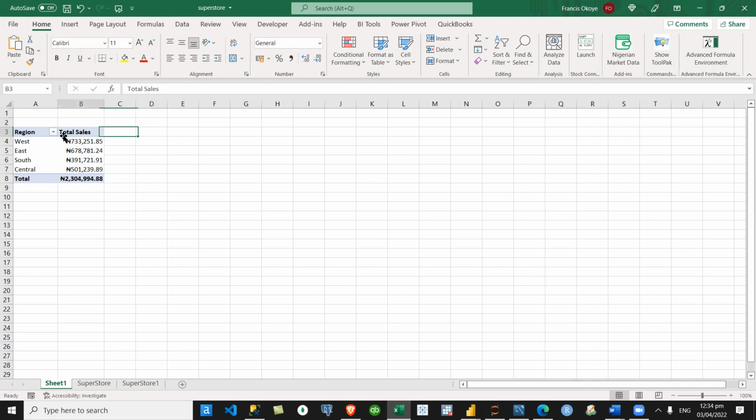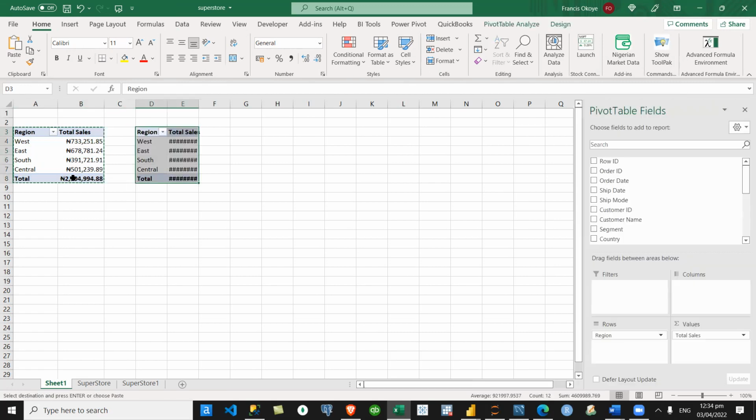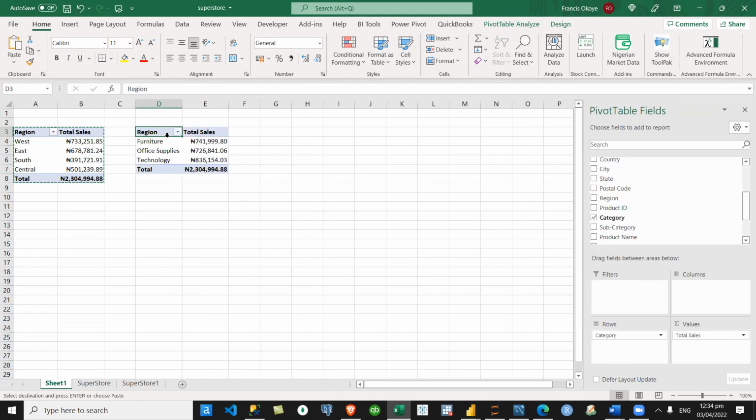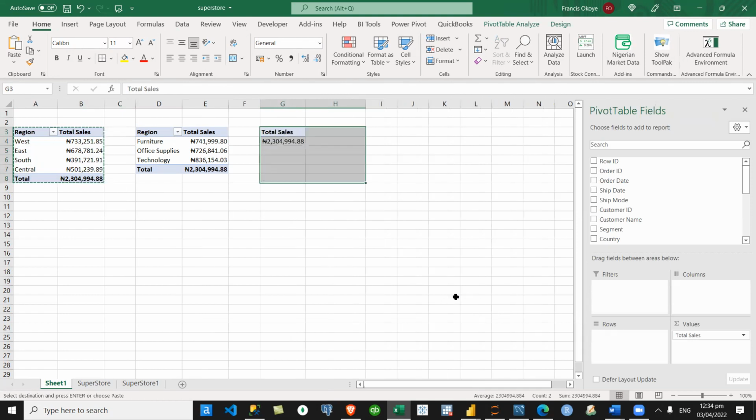So what somebody else can do, sometimes you can copy. So if I copy and paste, can you see I can copy and paste? This is another one. Okay. And I can now take this guy off. Let me put category there. Can you see? This is another one. I can copy again, paste it again. Remove this region again. Can you see that?